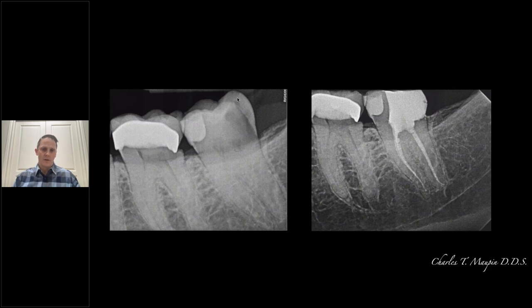This patient, elderly lady, she was in her mid-70s, saw this case yesterday, and deep decay on the distal. Talked about extraction. She didn't want to extract it at all. And so what the laser allows me to do is, number one, manage this case in less time. She's trying to stay open for me.